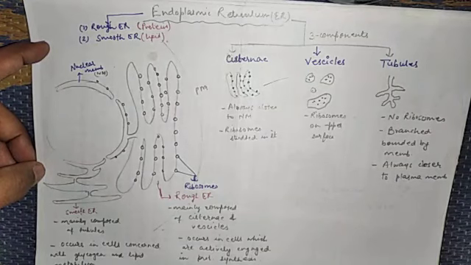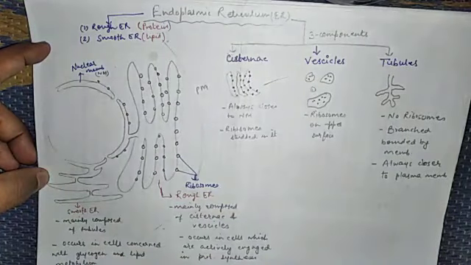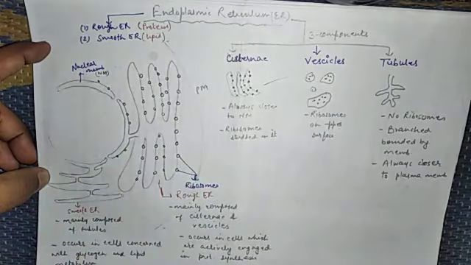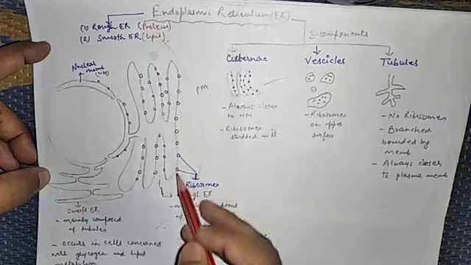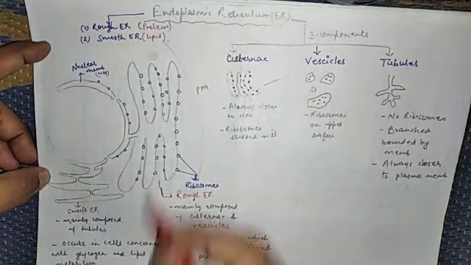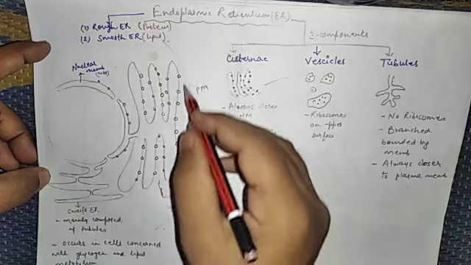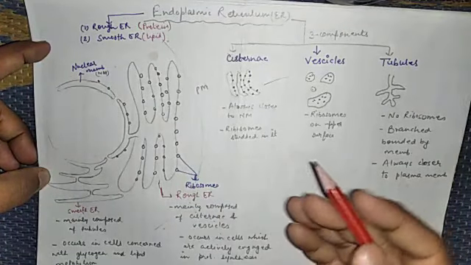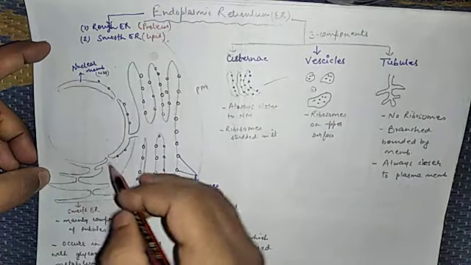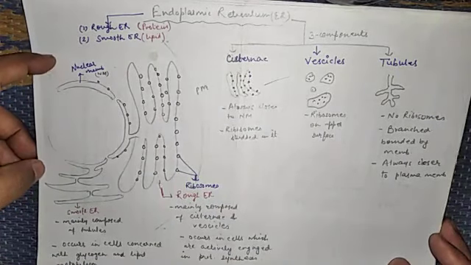And one more function we can see is that it helps in the transportation of substances inside the cell. Whatever things are produced in the nucleus are passed through the endoplasmic reticulum through a tunnel formed between the nuclear membrane and the ER. Then from the ER they are packed inside the Golgi body, and from the Golgi body the lysosomes are formed. So the substances formed inside the nucleus are easily transported throughout the cytoplasm of the cell. So this is the basic information about the endoplasmic reticulum.